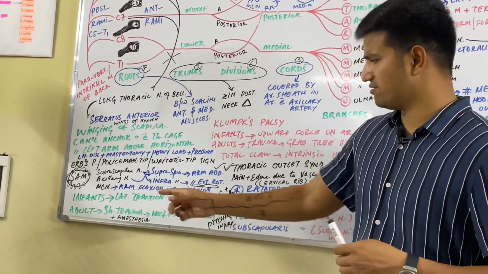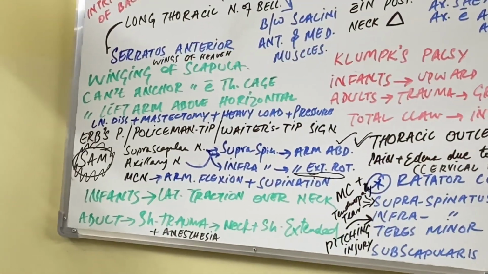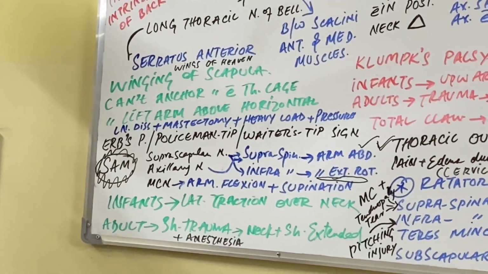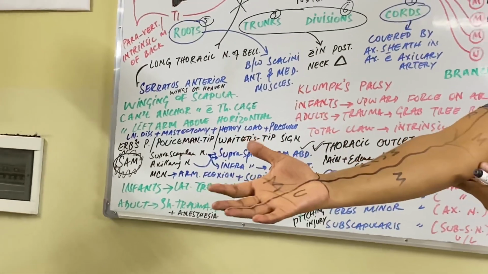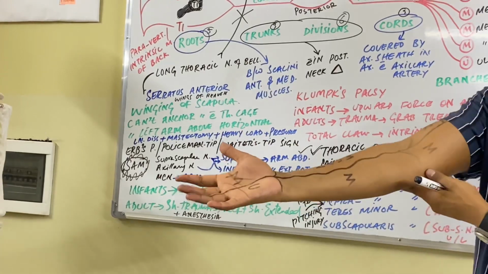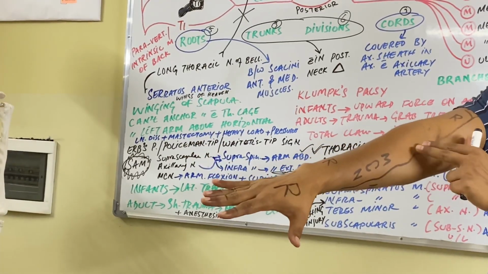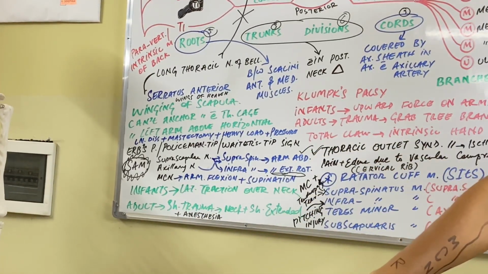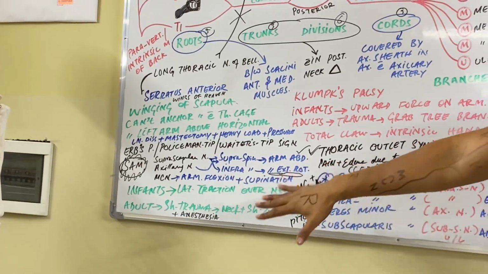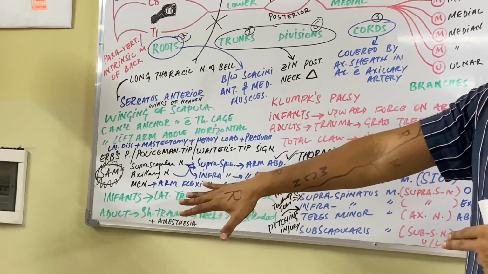So what will happen starting from here? If the musculocutaneous nerve is damaged, the person cannot flex his arm, so there will be extension of the arm. Then he cannot supinate because of damage to the musculocutaneous nerve, so the person will go to the pronated position like this due to damage of the musculocutaneous nerve. Then if there is damage to the axillary nerve, the deltoid muscle is damaged, then what will happen? There is a loss of abduction due to deltoid or supraspinatus muscle damage.